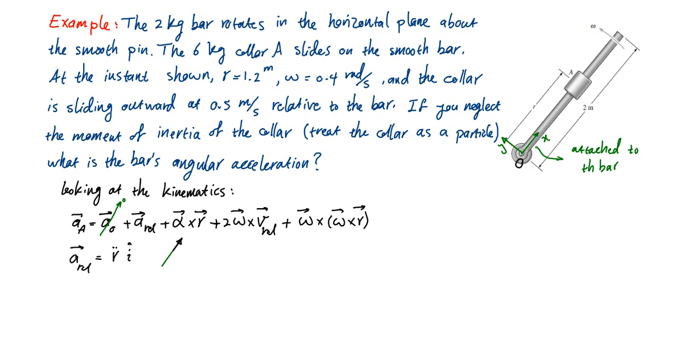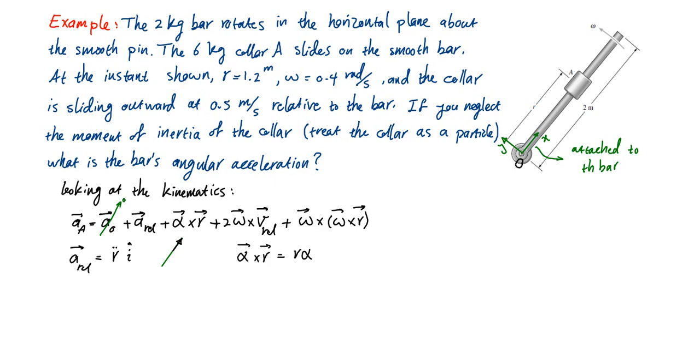Second term, I'm going to write it here, is alpha cross r, angular acceleration, times r, the distance of the point that you're studying from the origin of the local frame. Now, the magnitude of it would be r alpha. R is where the point is. We already used r to represent that distance, and alpha is the acceleration of the bar. The direction of it, well, r alpha is always perpendicular to r, and since alpha, well, I'm going to